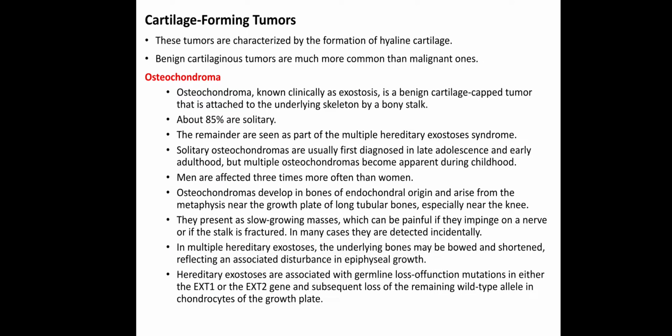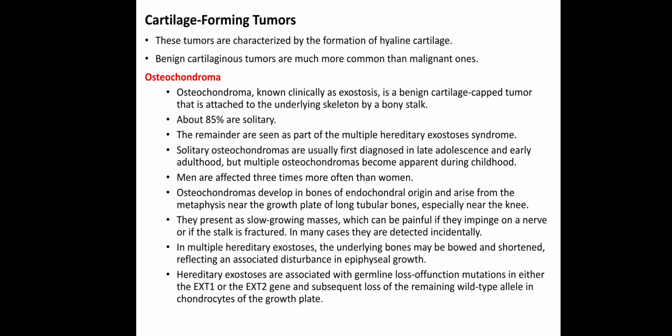Now we come to the cartilage-forming tumor. These tumors are characterized by formation of hyaline cartilage. تلاحظون احنا قلنا الكلاسيفيكيشن according to the tumor cell and the matrix they produce. فهناك كانت bony cells و producing the bone، هنا خلايا سرطانية تفرز أو formation of hyaline cartilage. Benign cartilaginous tumors are much more common than malignant ones. نسميها الأوستيوكوندروما. Known clinically as exostosis، هي عبارة عن benign cartilage capped tumor، يعني كأنما تيومر لابس قبعة